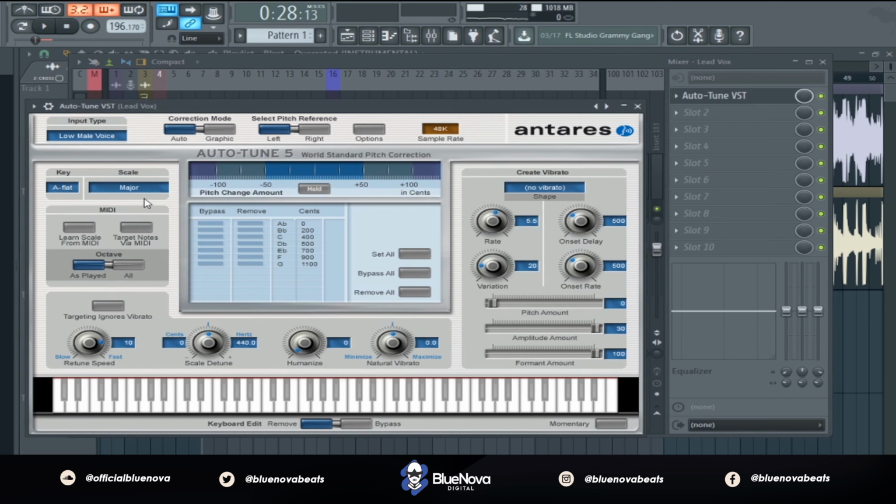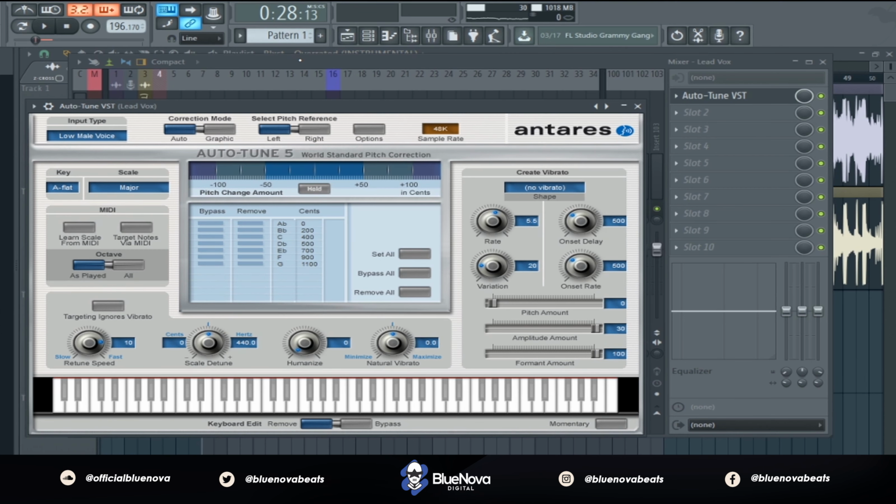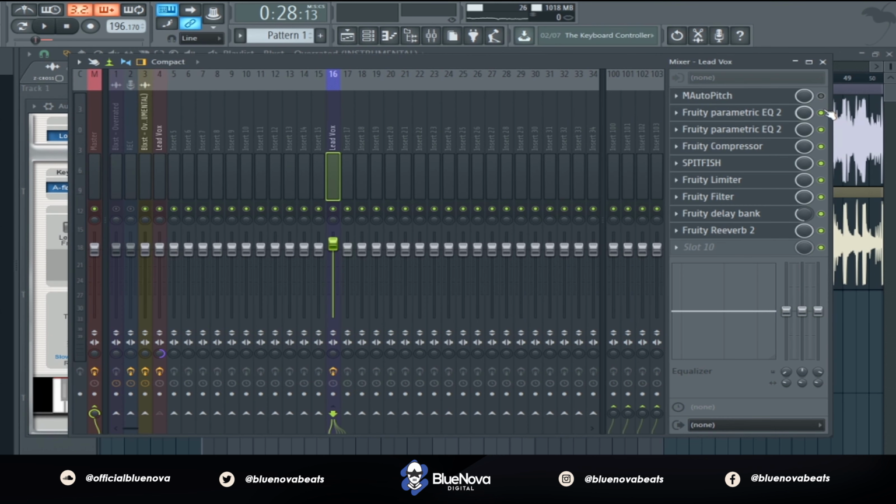If you don't have my version of Interest auto-tune, which is pretty old, you can go ahead and use any version or any auto-tune plugin. Just set the key and the scale to whatever you're singing in. For the retune speed, I kept around 10. That's usually kind of where I keep mine at. And I'm going to go ahead and turn off all these other effects and let you hear the raw vocals by itself. So this is what it sounds like.